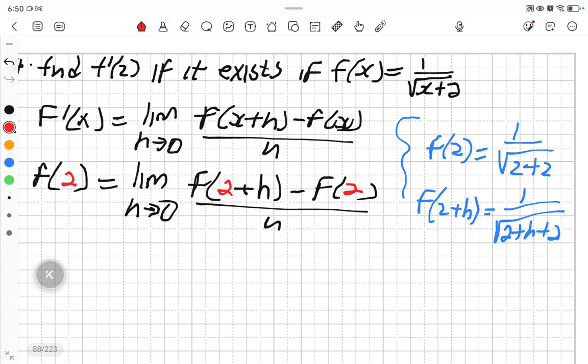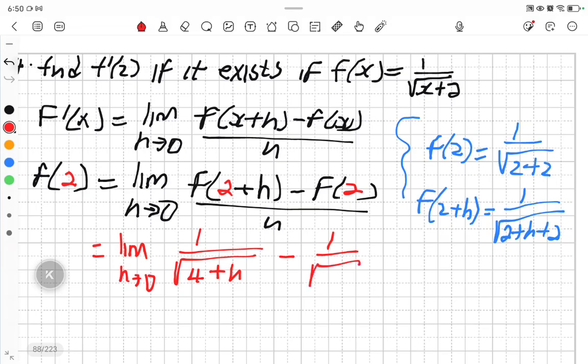Then here we can have the limit as h approaches 0 of, we know f of 2 plus h is 1 over root of 4 plus h minus 1 over, let's just plug it in, 2 plus h plus 2 minus 1 over 2 plus 2, all over h,